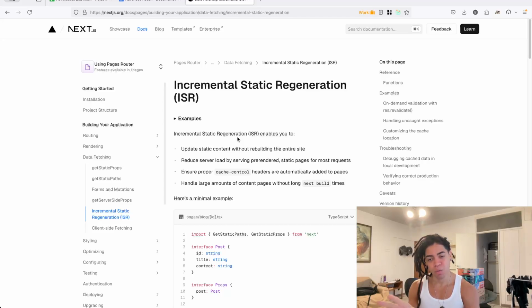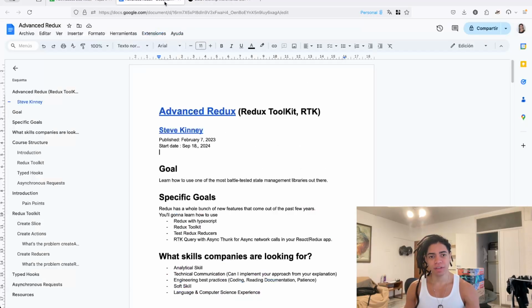Now we come up with this particular challenge. So in any case, as a way to understand the role of Redux or RTK here,